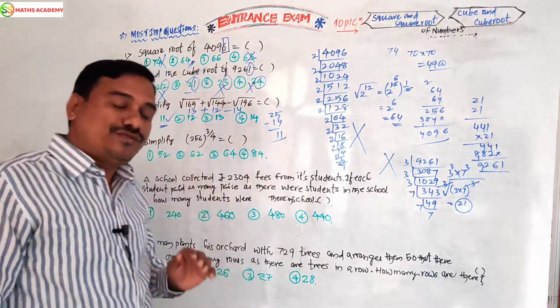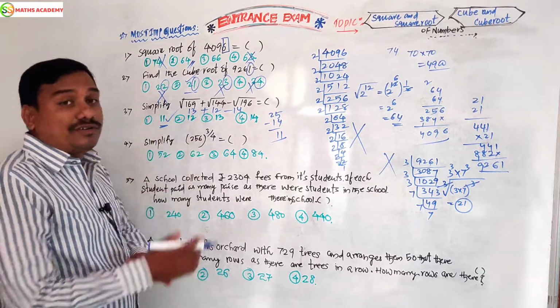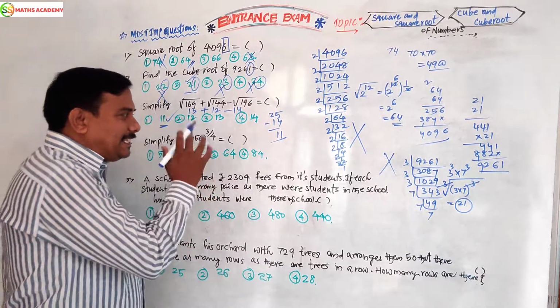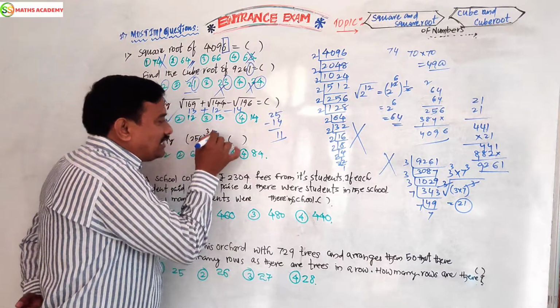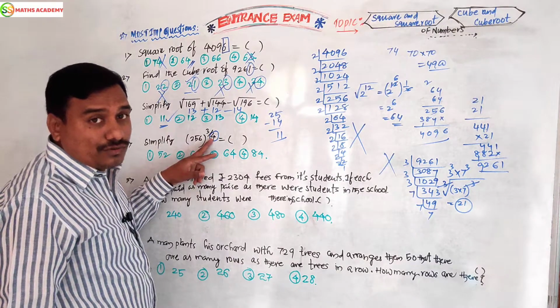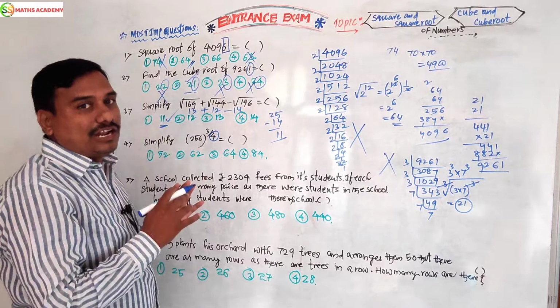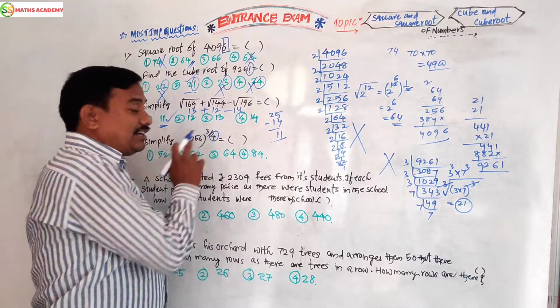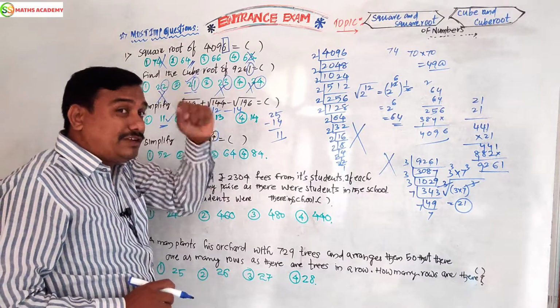Now let us see one more question. Simplify 256 whole to the power of 3 by 4. In such types of questions, this is your logic. Your denominator is 4. The inside value must have the power of that number. Here the denominator is 4. The inside value also has the power, it will be that much.